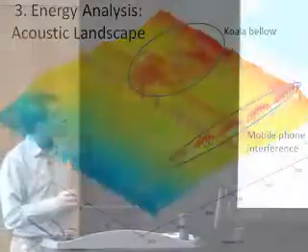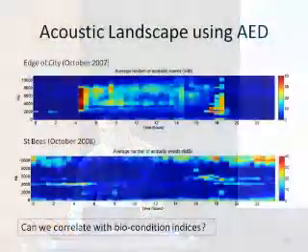The third approach which we've tried is where we're trying to look at the overall acoustic landscape. We wondered, is there some holistic way of looking at the environment? It's motivated by information theory, I suppose, in that if you think about it, the animals are making noises in order to communicate. So you think you ought to somehow be able to appeal to Shannon's information theory to look at the amount of signal that there is in the environment to get some idea of what's going on. It's different from other kinds of noise. It's not white noise, right?